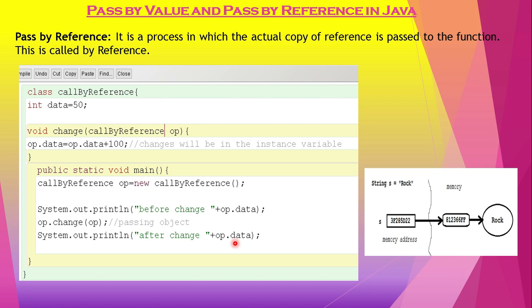The new value will be visible in both places. The value that is changed over here will be visible here and here, both places. Why? Because instead of copying the values, the reference, the memory address, is passed. That's why.